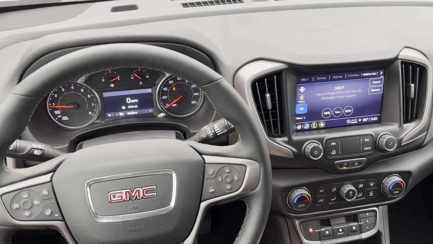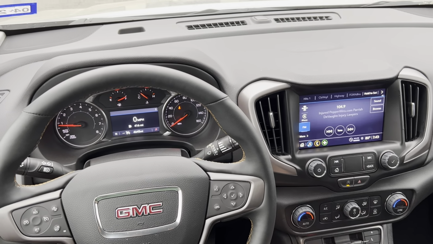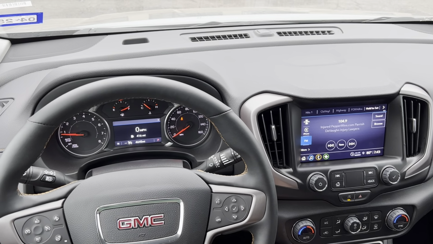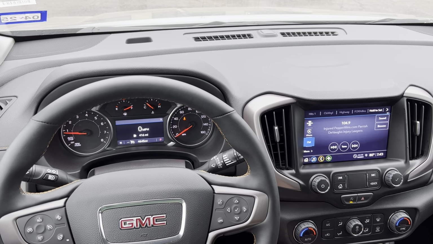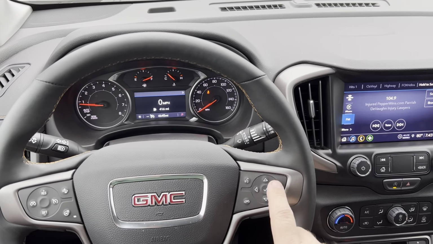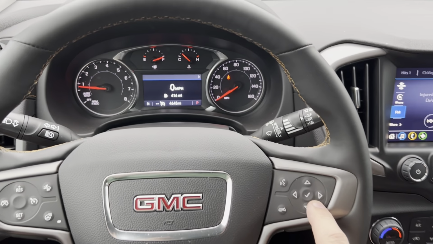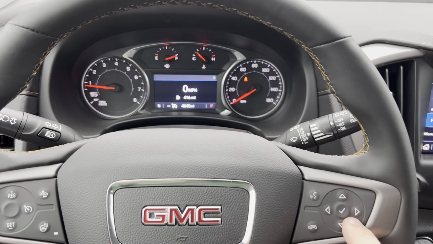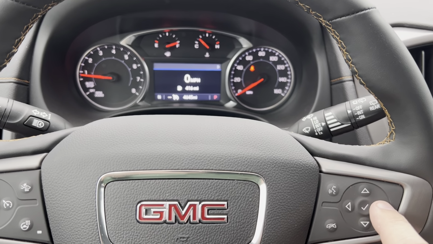In this video, I'm going to show you real quick how to reset the oil life indicator on a 2023 GMC Terrain. Pretty simple process once you know what you're looking for. You're going to use the directional pad right here on the right-hand side of the steering wheel to navigate through the menus. I'm going to first press the right arrow button,